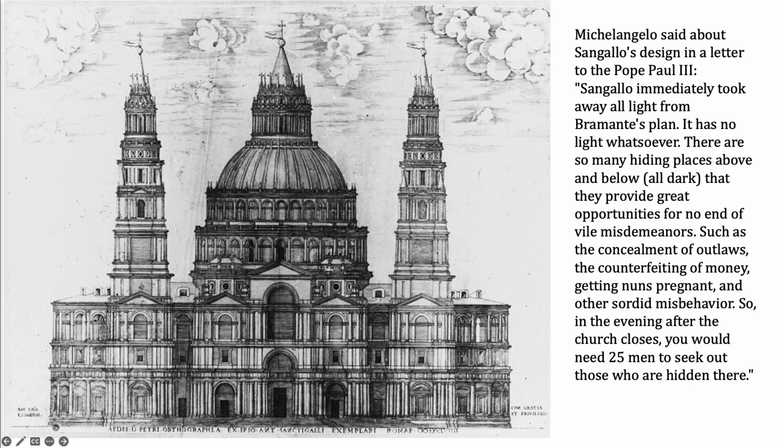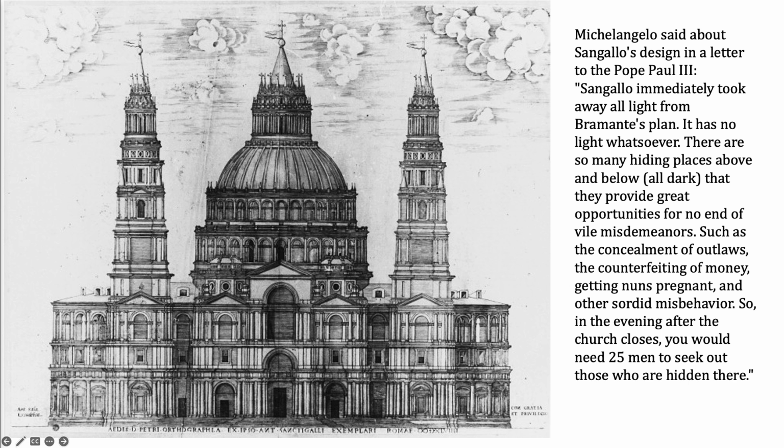San Gallo immediately took away all the light from Bramante's plan, right? So that Bramante was kind of the original one that was building this. It has no light whatsoever. There are so many hiding places above and below, all dark, that they provide a great deal of opportunities for no end of vile misdemeanors, such as the concealment of outlaws, the counterfeiting of money, getting nuns pregnant, and other sordid misbehavior. So you can see that he's kind of painting a picture in the mind of the Pope,